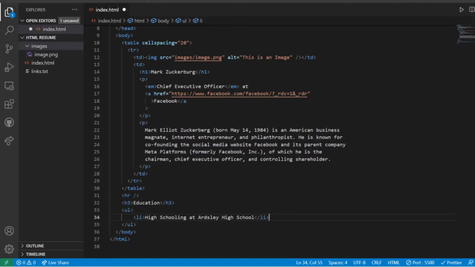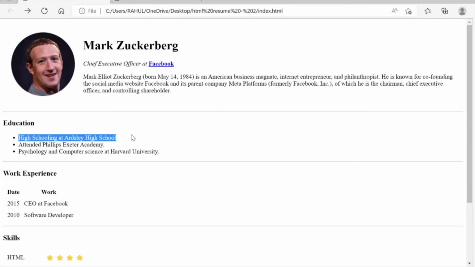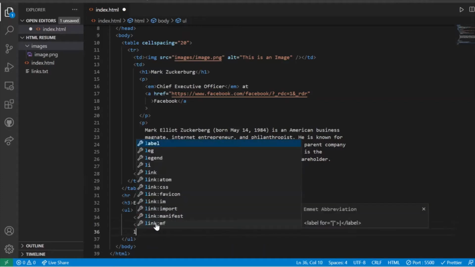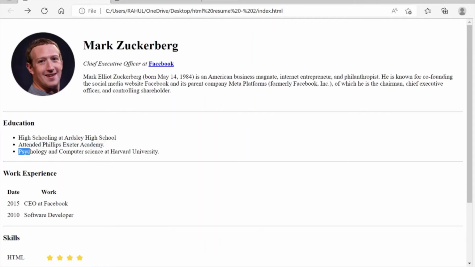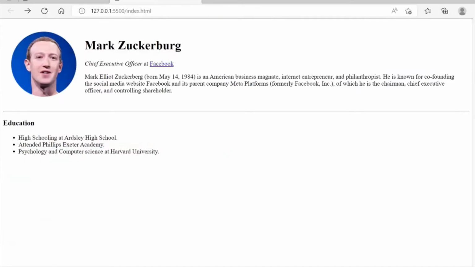The other will be another line of education, attended Phillips Exeter Academy. I'm going to Control C and hit enter, and the other line will be the third education, this one, and I'm going to enter this too. So once this is done, let's put a full stop here. I'm going to hit save, and let's see whether it is displaying on our page.